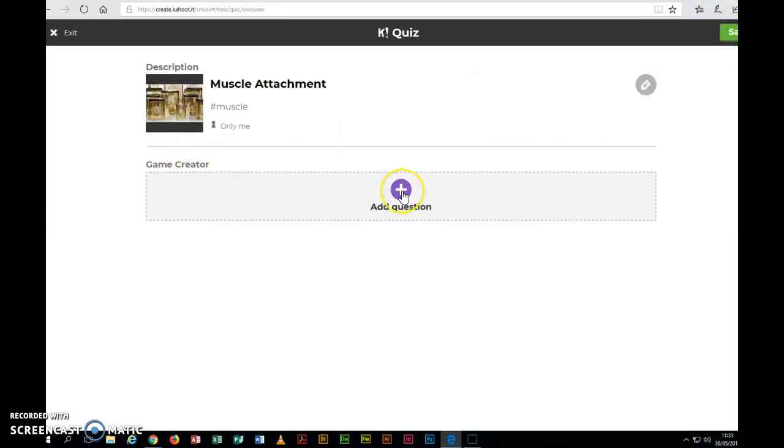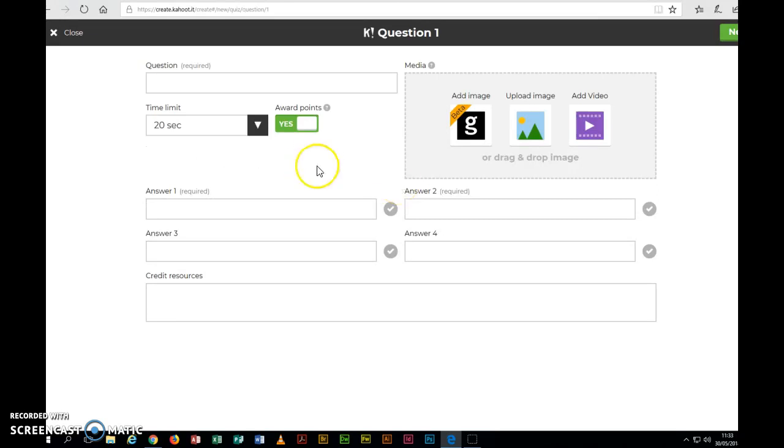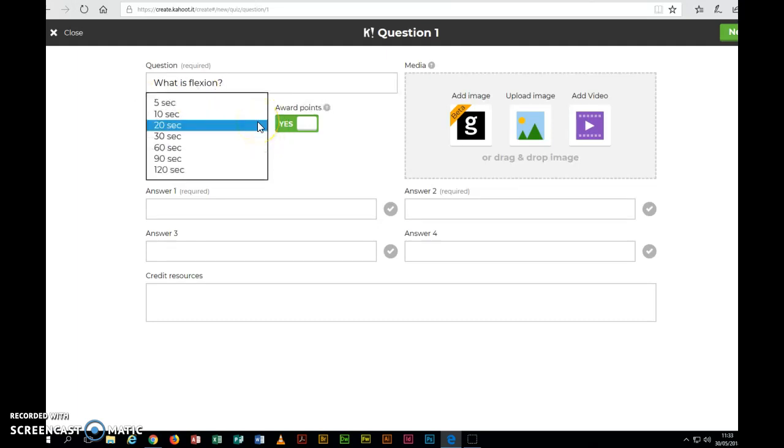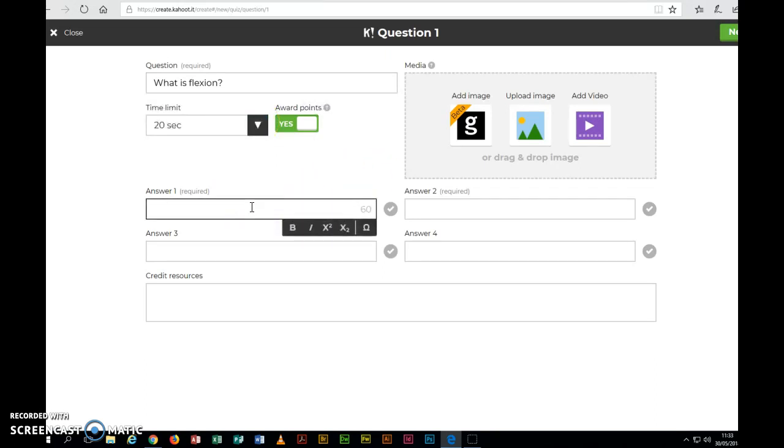Right, so the very first thing then I need to do is to add a question. So I'm going to put in add question. And what I'm going to do here is I'm going to say, what is flexion? Okay, I can choose my time limit, so I'm happy enough with 20 seconds because it's quite a short question and I'm not going to put in too much here. So I'm going to say bend or flex a limb